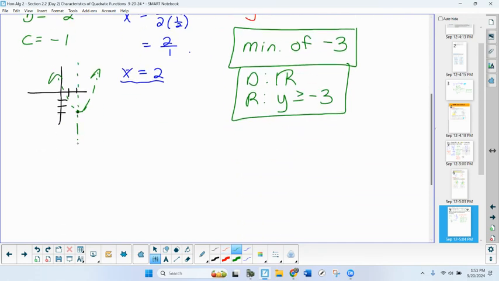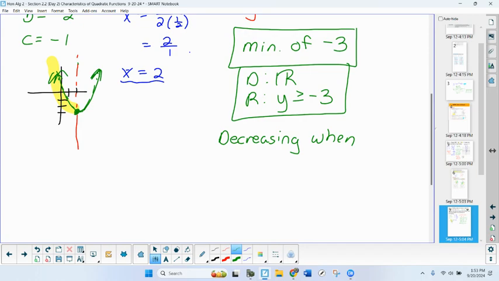Okay, here's my axis. I wanted that in red. Here is my axis of symmetry. Here's my parabola that looks something like this. Okay? We're not exactly sure. We just know that the vertex is at 2, -3. So we know that. We know it opens up. So as I read from left to right, am I going up or down first? Down. So I'm going to say I am decreasing